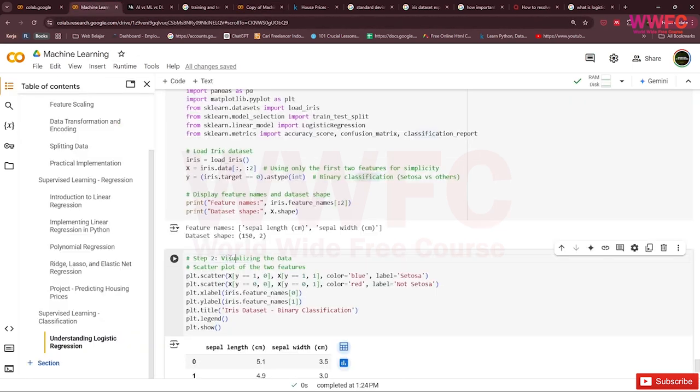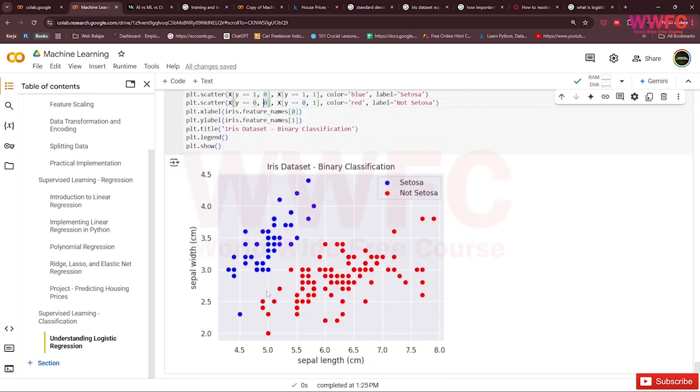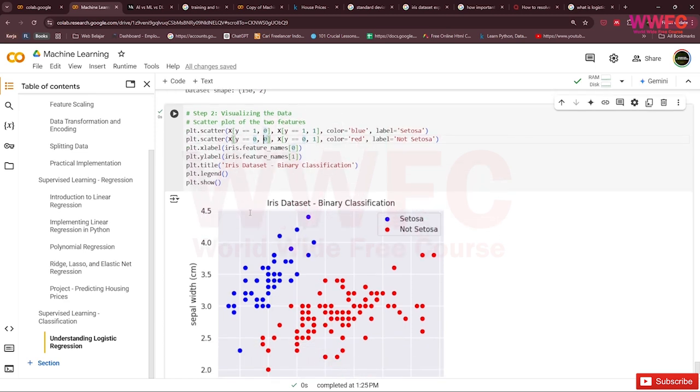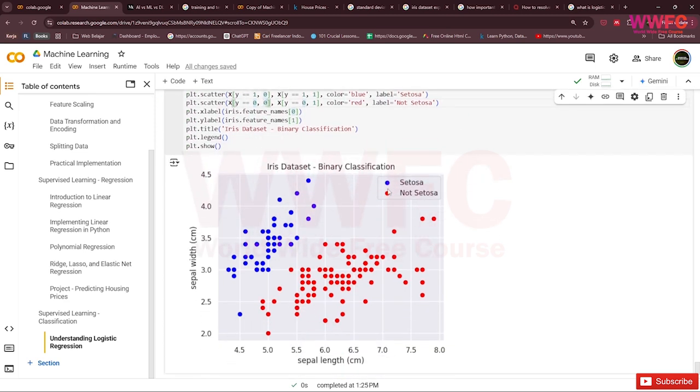So we visualize the data. Sepal length is on this axis and sepal width on this one. We check the scatter plot of the two features, and then we check where setosa is and where it is not.